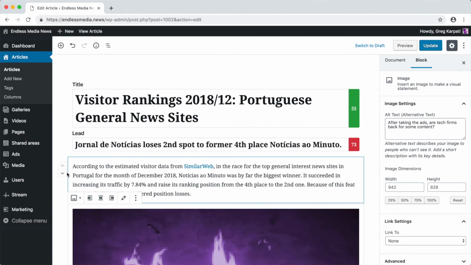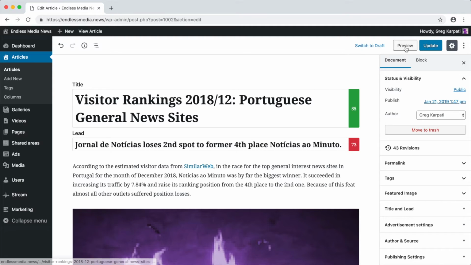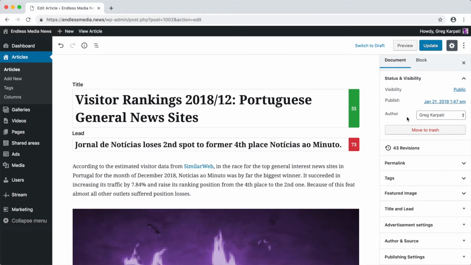All other options and settings for the article live in the sidebar. You can preview, schedule, publish, and update your article and set its visibility, publish date, and author. You can also delete it or roll back to a previous revision.